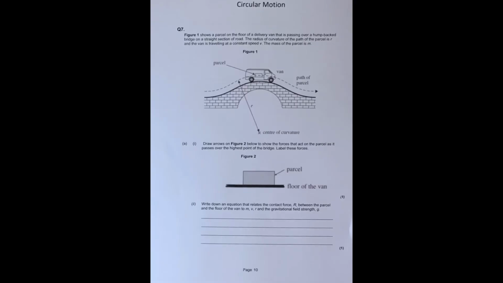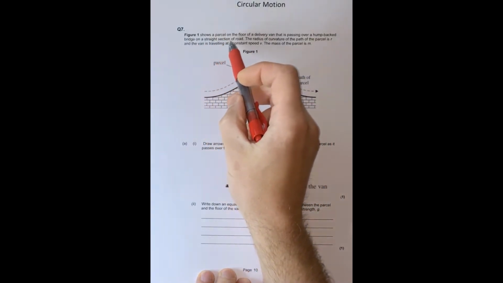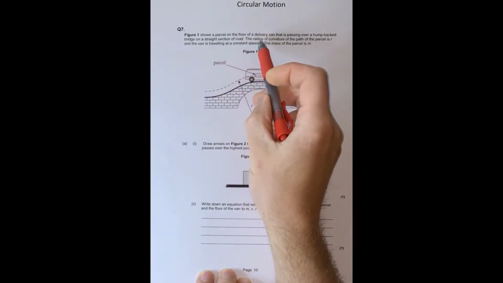Final installment of the uniform circular motion exam style questions. So we're up to question 7, and it says figure 1 shows a parcel on the floor of a delivery van